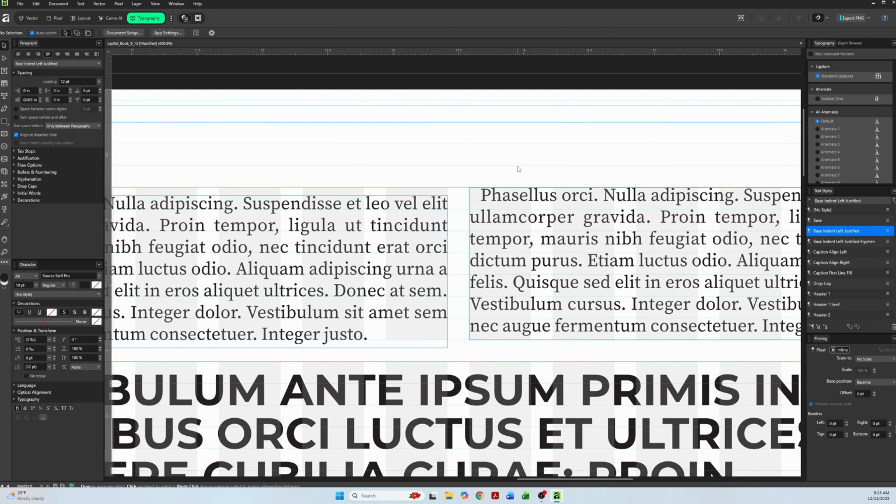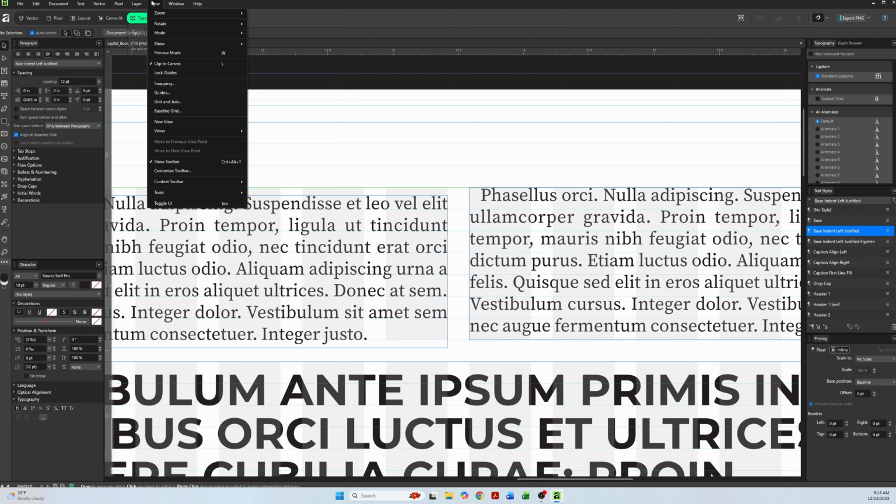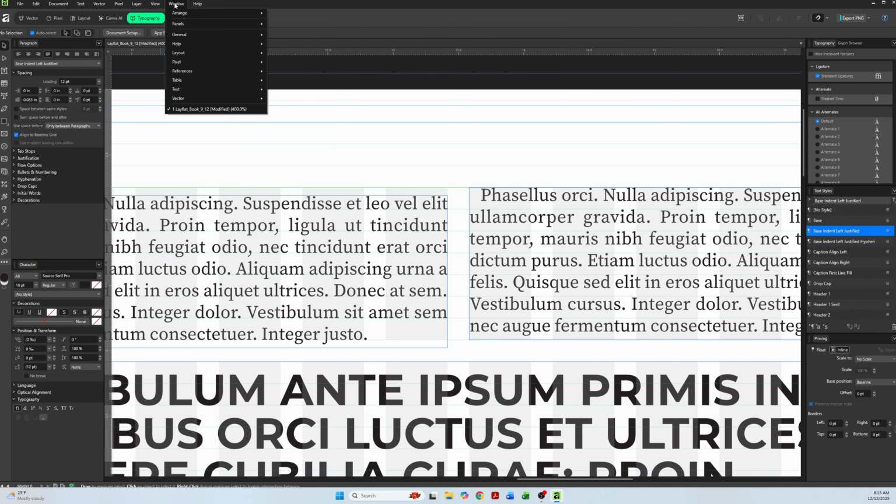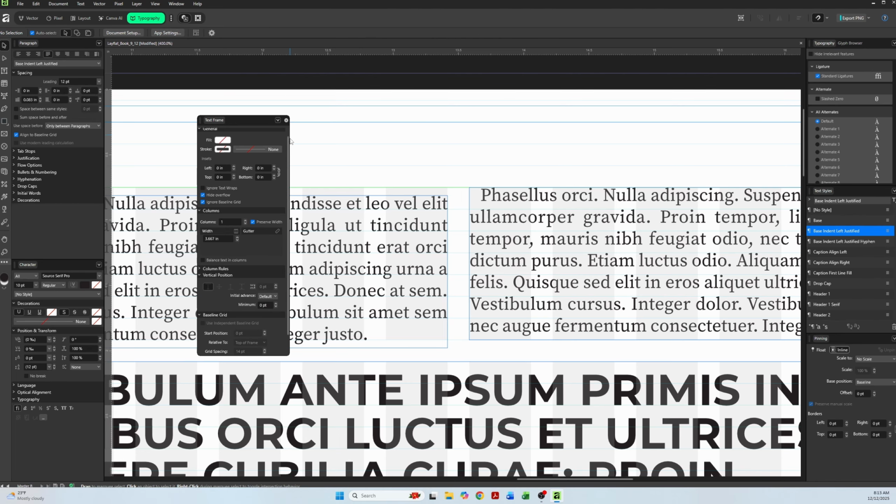So there's one other place we can look, and it's not a panel that's open by default. So if this is your first time working in Affinity or you're not super familiar with it, then it can be very easy to overlook where this is at. So what we're going to do is go underneath our view menu, our window layout, and you want to go down to text, and you're going to see the option down here for text frame. We want to click on that, and our text frame studio panel is going to open up,